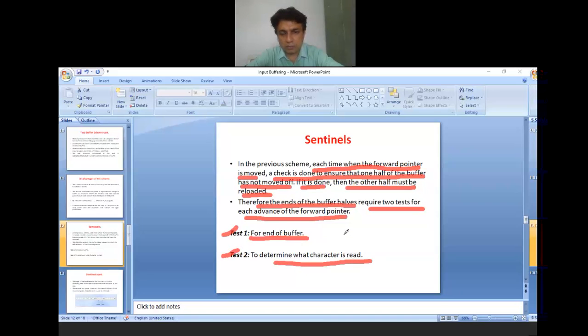These are the two tests always performed by the two buffer scheme. In order to reduce these two tests into one, we use the sentinel scheme. So let us discuss how these two tests become one test in the case of sentinels. Now moving to the next slide.